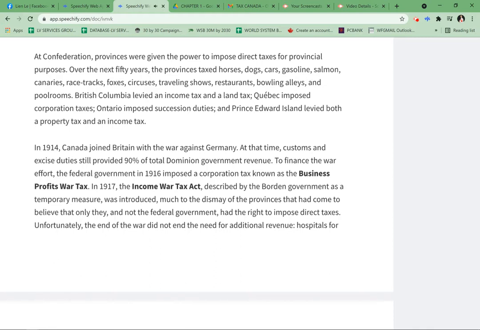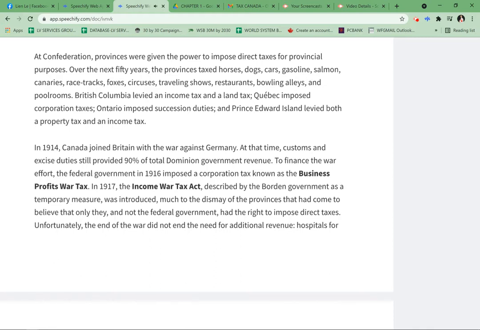A decade later, in 1927, the government created the Department of National Revenue to administer the growing tax system. In 1930, only 3 provinces levied taxes on personal income. However, during the 1930s, provincial responsibilities were increased by a variety of court decisions, but no corresponding new sources of revenue were provided. The unsurprising result was that by 1939, 7 provinces imposed personal income taxes.